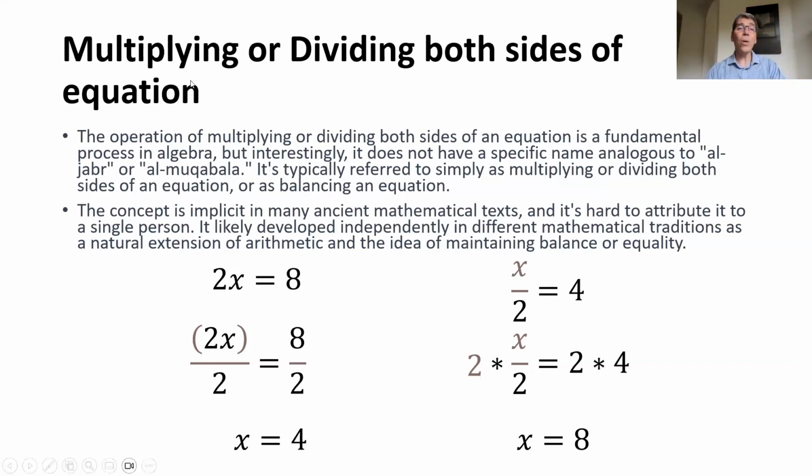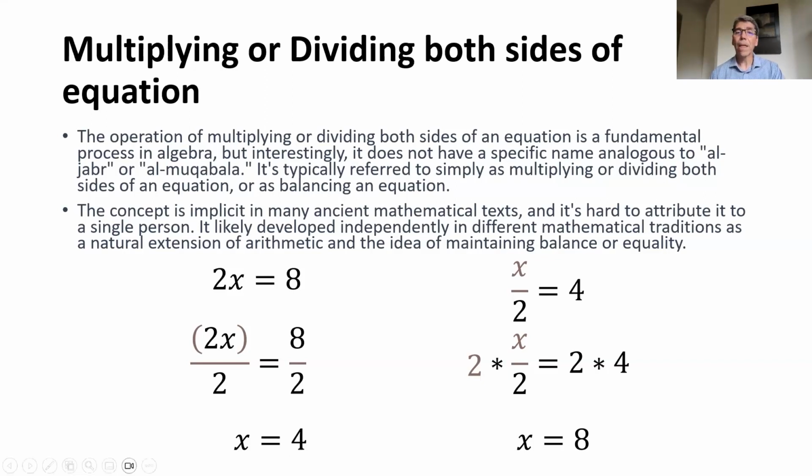All right. And so here, in this case, we start with 2x equals 8. In order to isolate the x, I'm going to divide both sides of the equation by 2. So 2 divided by 2 simplifies and leaves me with the x here. And 8 divided by 2 equals 4, so x equals 4.